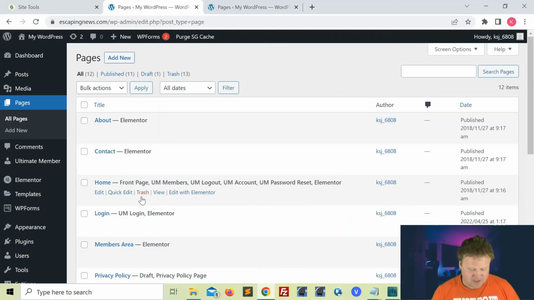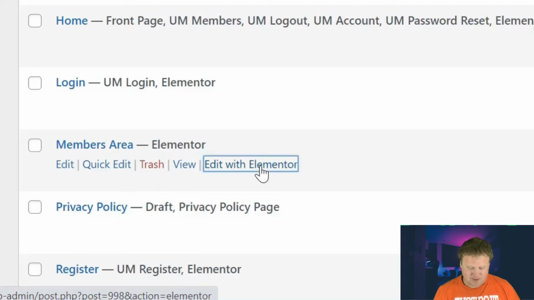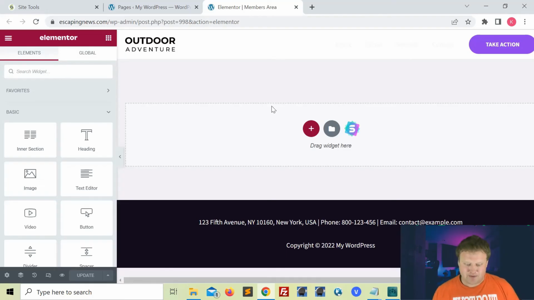Okay, so now if you're following along, now is going to be the time to actually build the membership page. So as you can see, I've already got the members area page created. So if you haven't created one, go ahead and create that. So what I'm going to do is right click on edit with Elementor and open link in new tab. Okay, and as you can see, this is a blank page and it does have my header and footer,